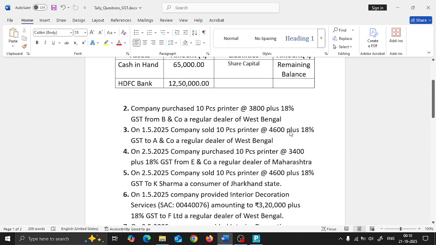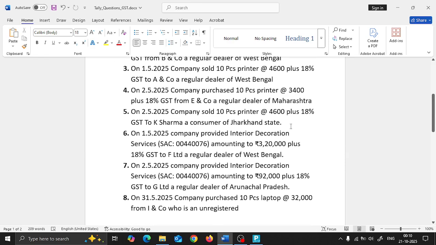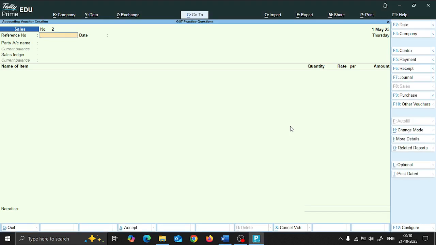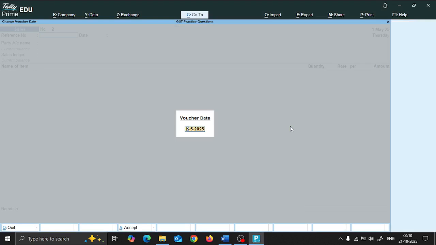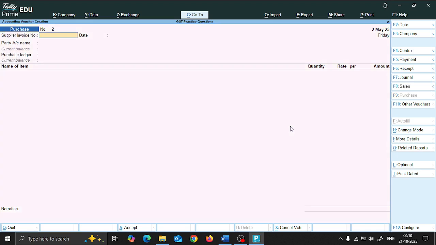Completed. Similarly, on 2nd May, company purchased 10 pieces printer at 3400 plus 18% GST from E&Co, a regular dealer of Maharashtra. Okay. So for that, again what we need to do is that F2, change the date to 2nd May. F9 for purchase,